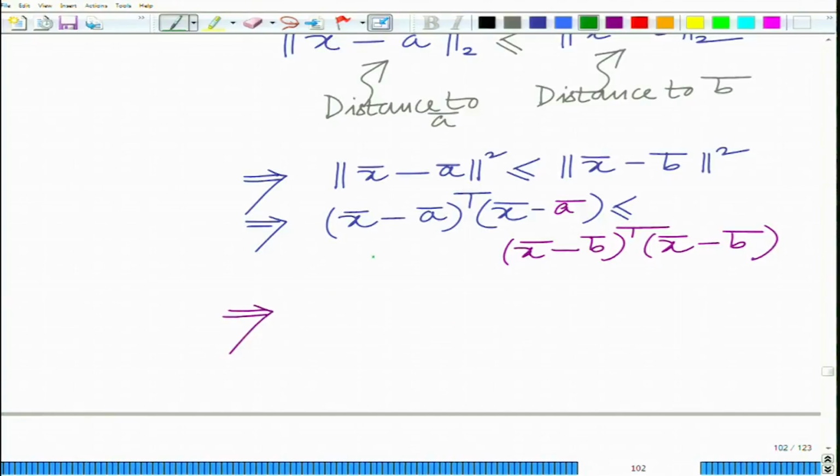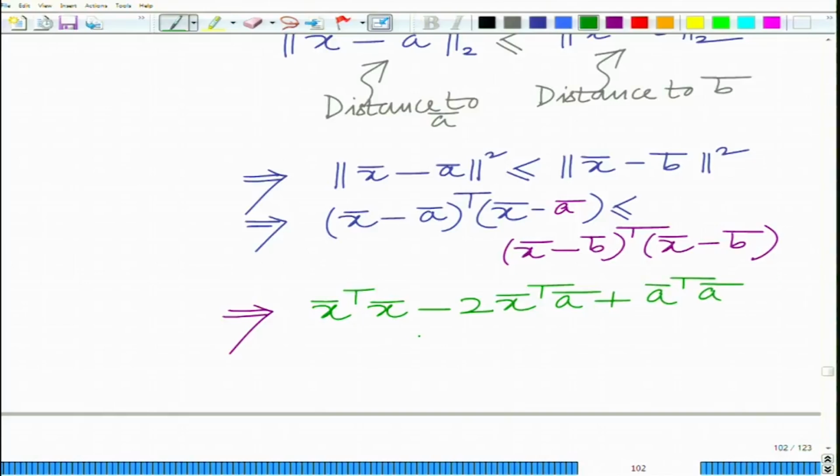This implies that if you expand this, this will be x bar transpose x bar minus a bar transpose x bar minus x bar transpose a bar. Now, since they are scalars, a bar transpose x bar and x bar transpose a bar are the same. So, this will be minus 2 x bar transpose a bar plus